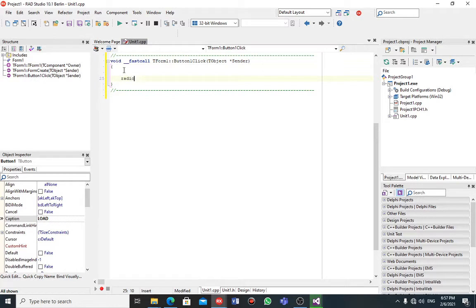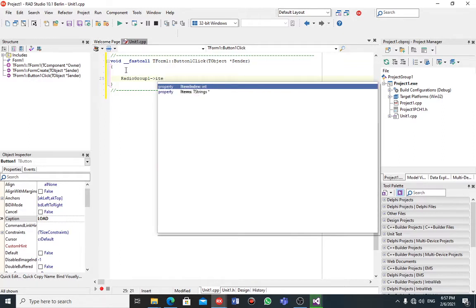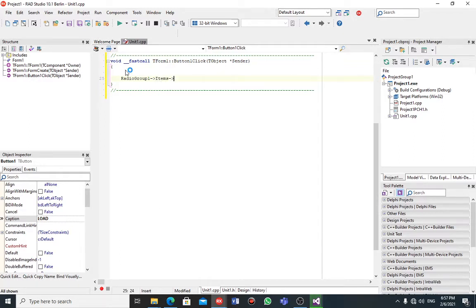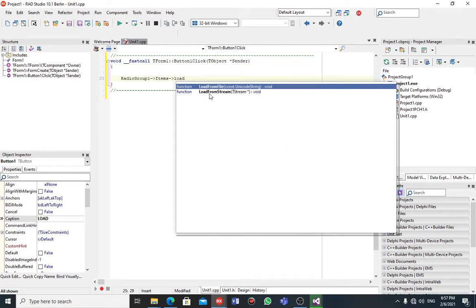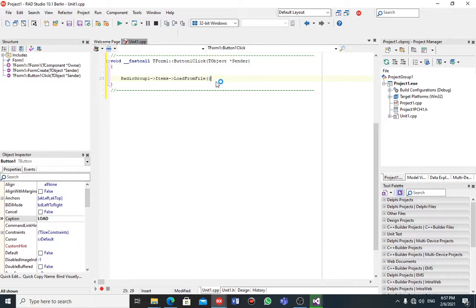When I click like that, I don't know why it didn't happen, but when I click like that, I want the radio group. Then I know the radio group has items. We know that items, they are what else, load from file, and then I come inside here, and I say okay,